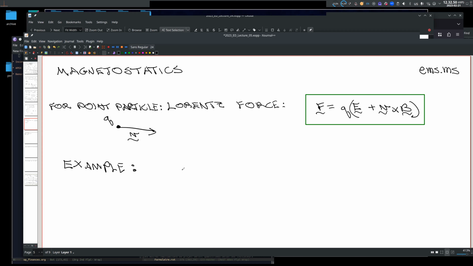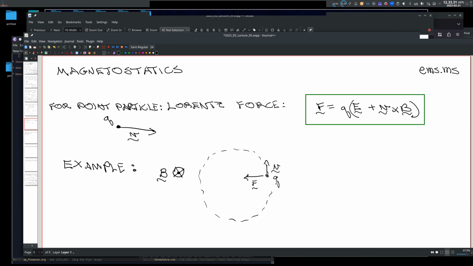Imagine a magnetic field, actually going into the page, and a little particle moving at a certain velocity v. If I do v cross B, the force is going to be like this, so there's going to be a deflection towards the left, and then there's going to be circular motion. This particle is going to start doing orbits